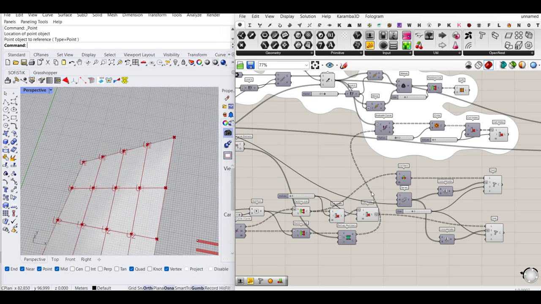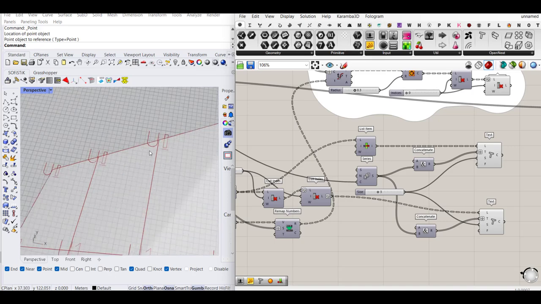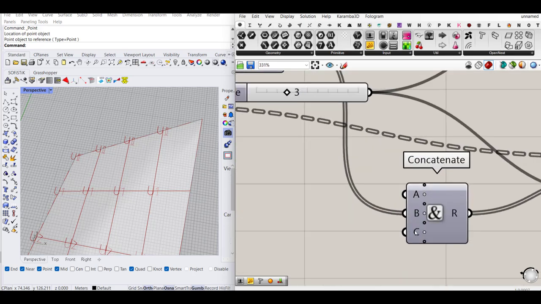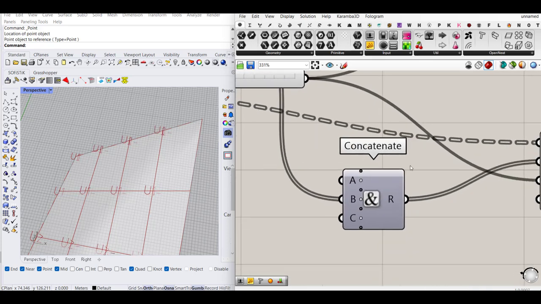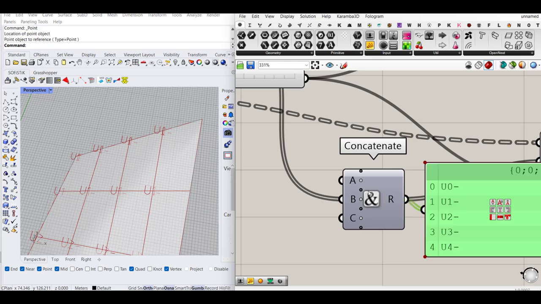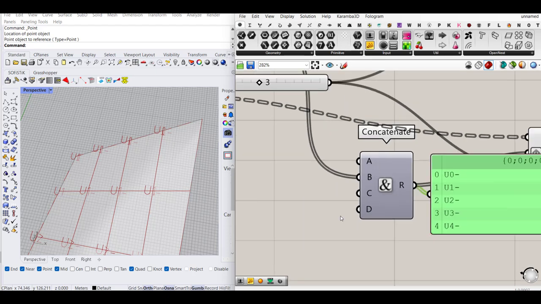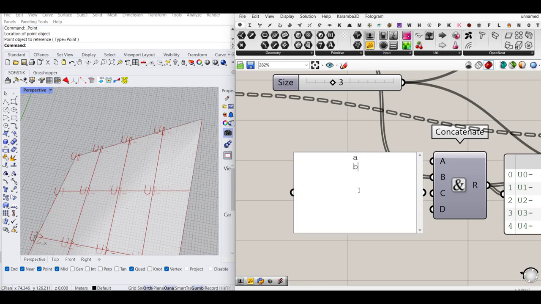But what else we need to do? We need to also define the name for it, because now it's the same name as the strip name, but we want to add it. For example, we said A, B, and C, name the connections. And here I can add one minus, just to make it like, see it here, U0 with a name, and then we have this ABC. So I will make a panel out of it and write A, B, and C,